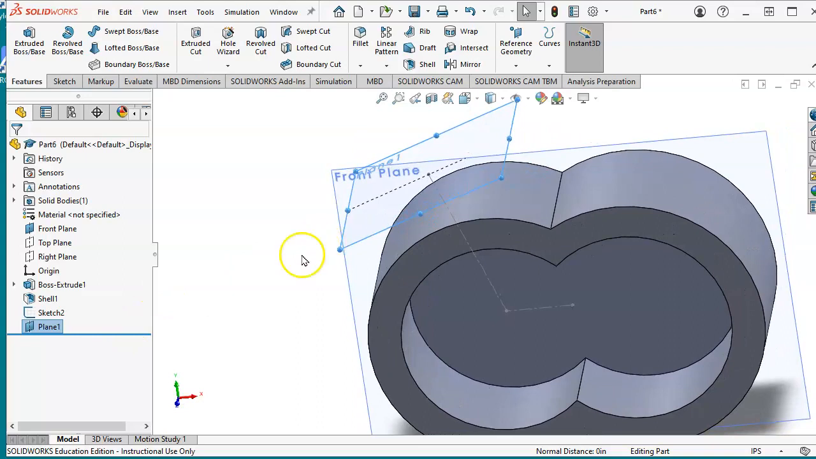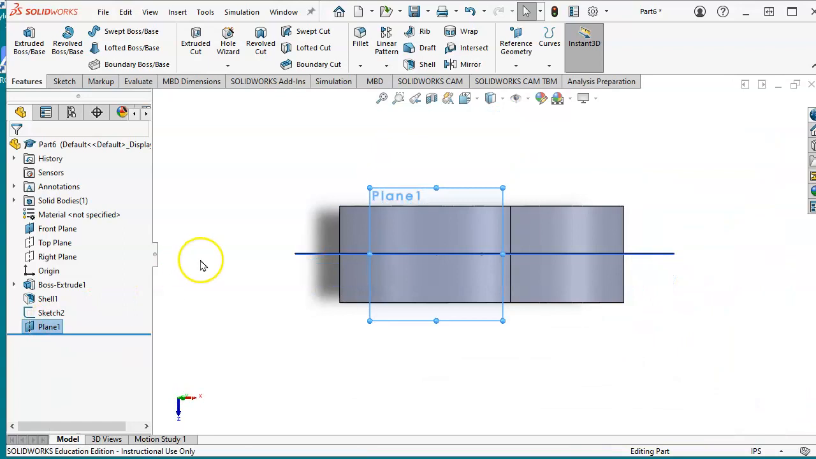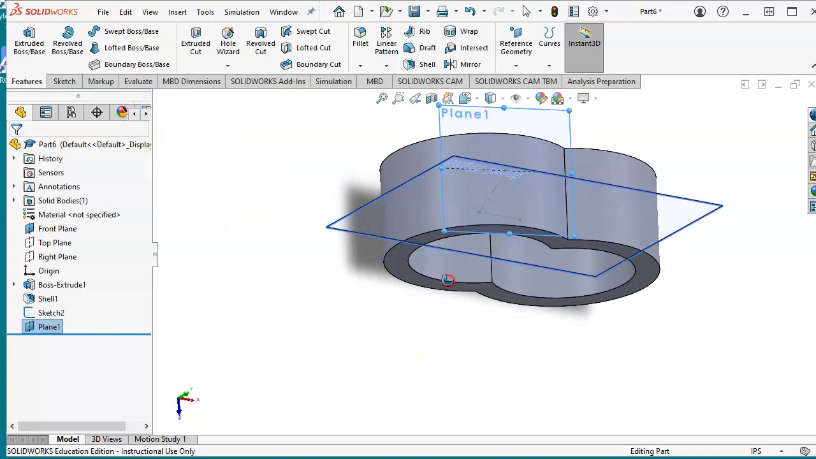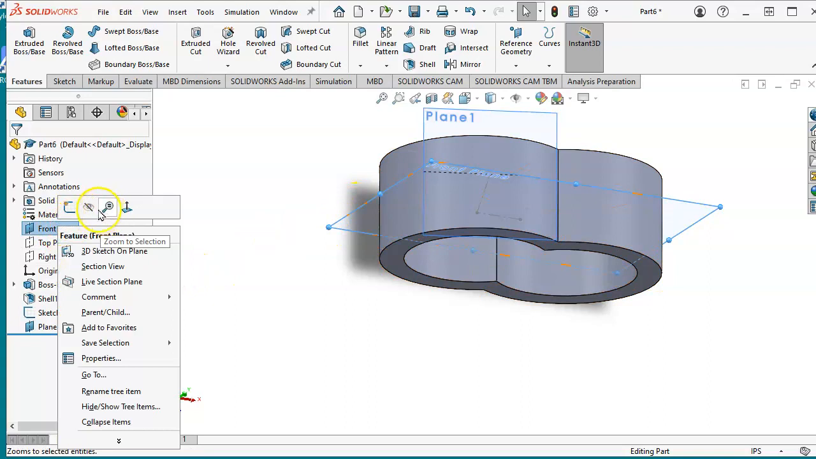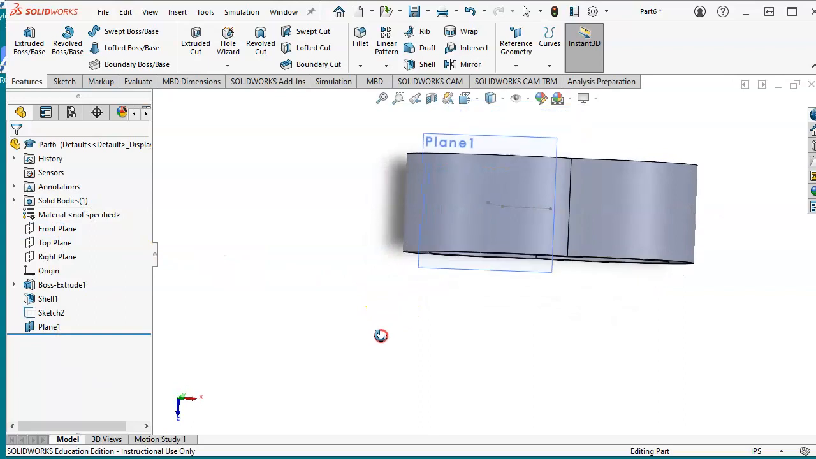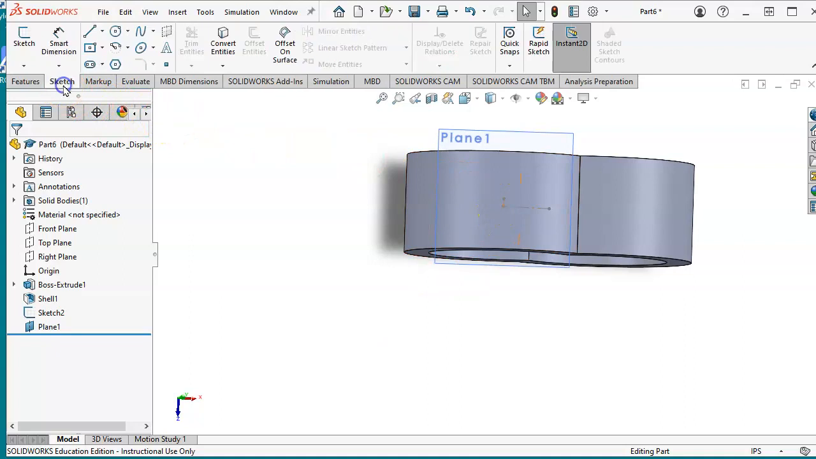Now this new plane that we created is plane 1. Right click on it and make it normal to. And now we create a circle on that plane. Let me turn this frontal plane off, visibility, and now we can see only plane 1. And the end of that line should define the center point for me. Go to sketch, on plane 1, circle,